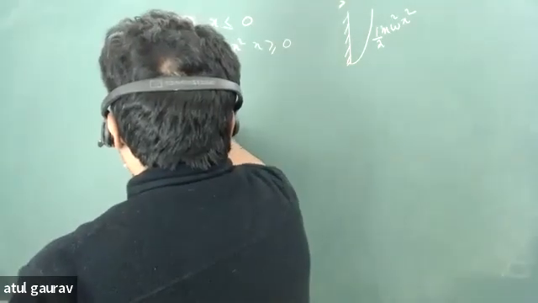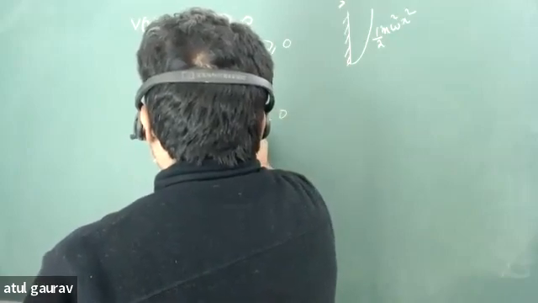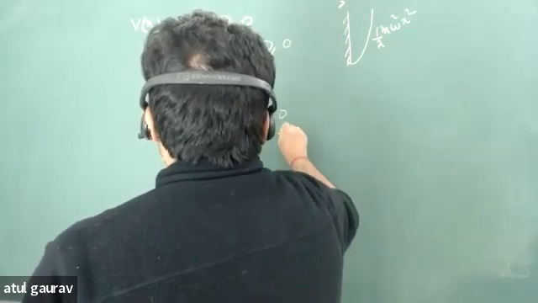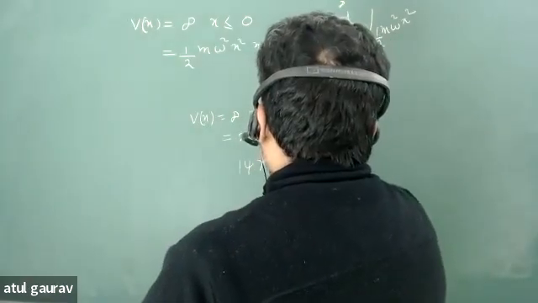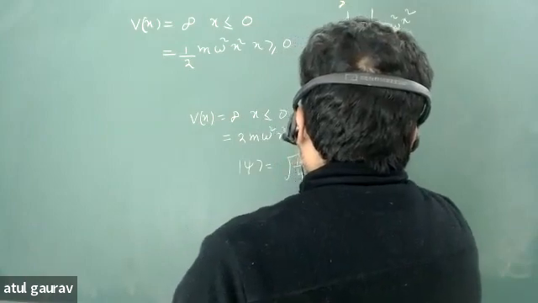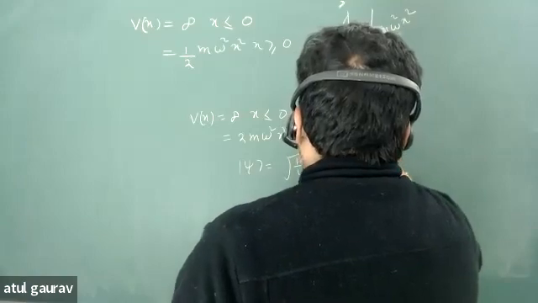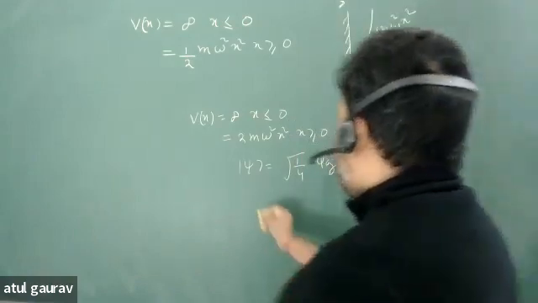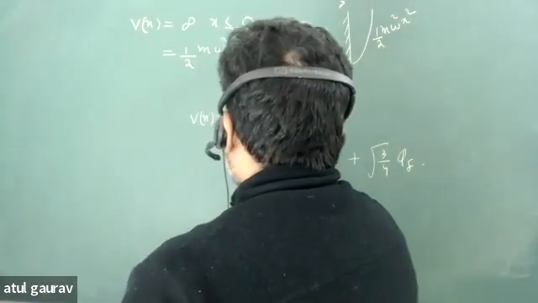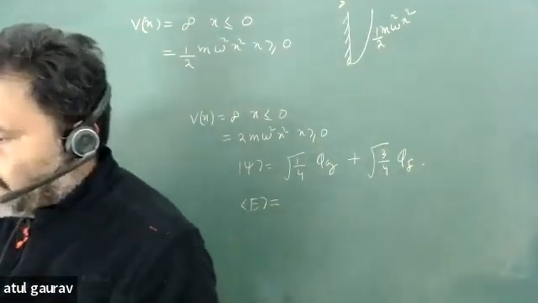Suppose V(x) is equal to infinity for x less than 0, and half m omega square x square for x greater than 0. The psi is given as root 1 by 4 pi ground state plus root 3 by 4 pi first excited state. Find the average value of energy. जरा फटाफट कैलकुलेट करो तो।